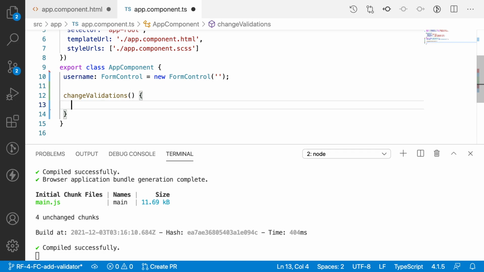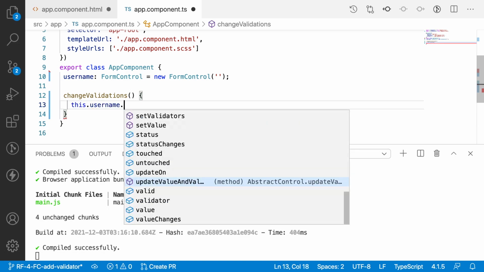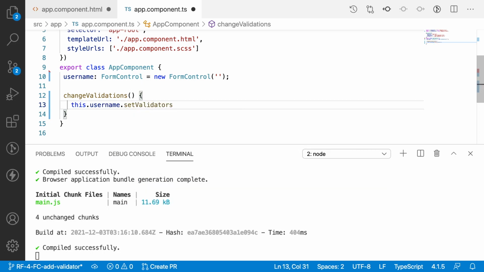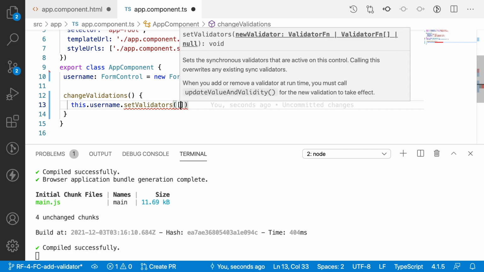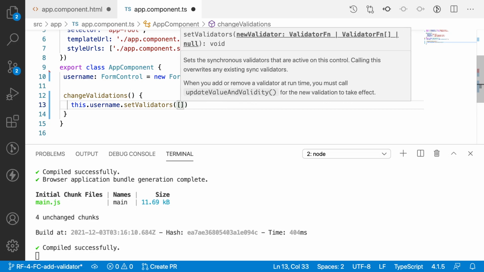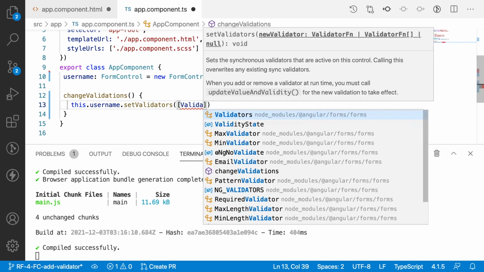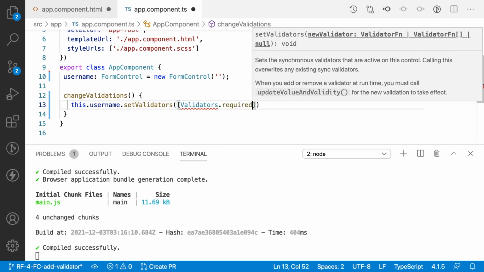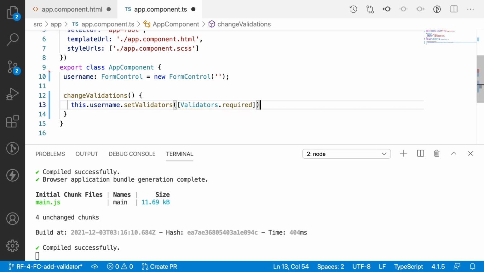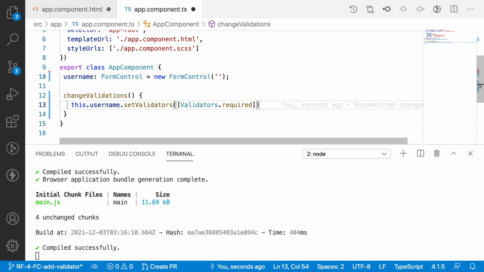How can I add that? this.username.setValidators. There is a method called setValidators which takes an array of validations or a single validation. For example, I am passing Validators, a static class, dot required. There are also others like pattern, minLength, maxLength. We have different types of validations.